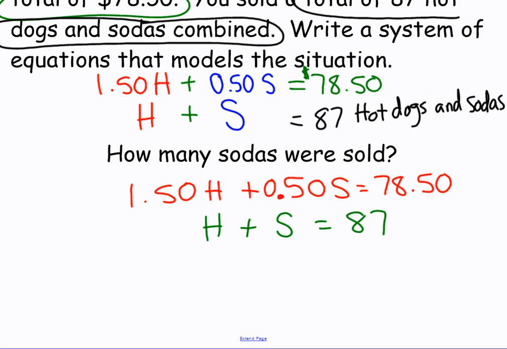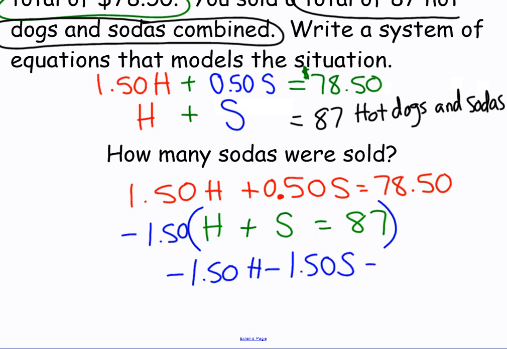So we rewrite the system, not caring about units. I'm going to use linear combination in order to eliminate. I want sodas, so I'm going to eliminate my H variable. I'm going to multiply this whole thing by -1.50. That's going to give me -1.5H minus, not an addition sign, minus 1.50 sodas equals, and then we have to multiply 87 by 1.50, which gives me negative